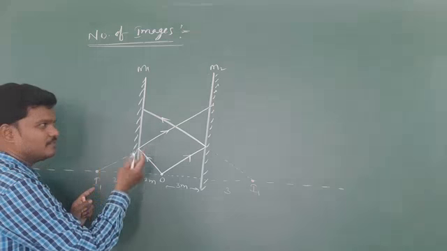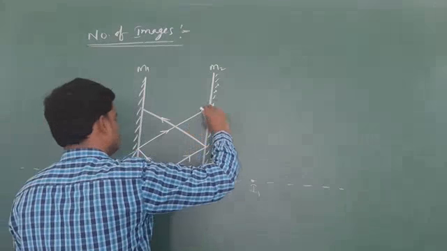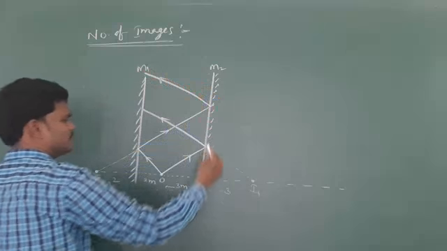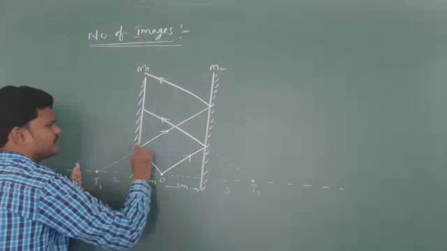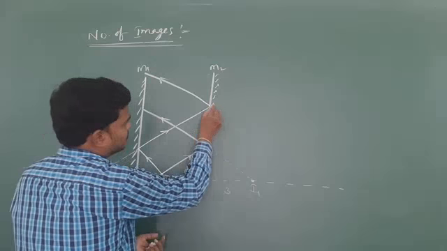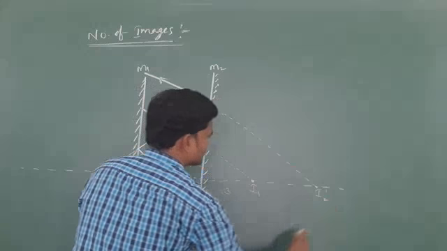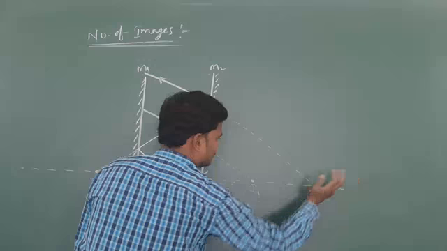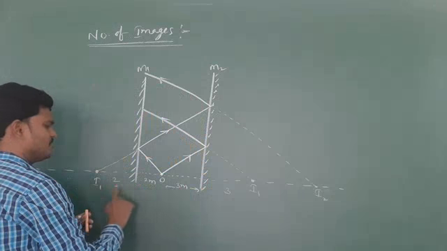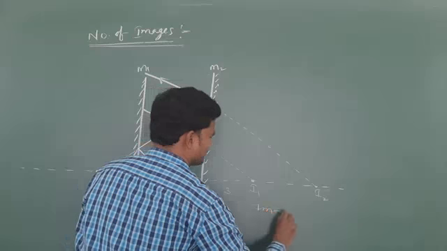Okay, we can draw the diagram. The diagram may be complicated. So the second image, if I extend this light ray backward, what is the distance from here? See, this light ray is extended 7 meter. Now if I extend this light ray backward, this is I2 dash. So from the second mirror, 3 plus 2 plus 2, 7 meters. So from this, how much now? 7 meter.